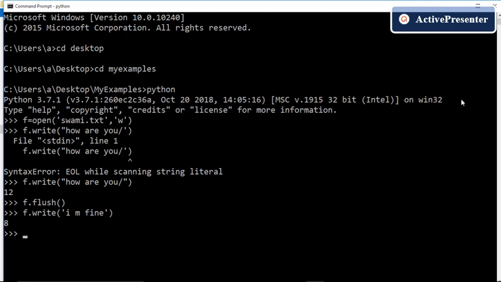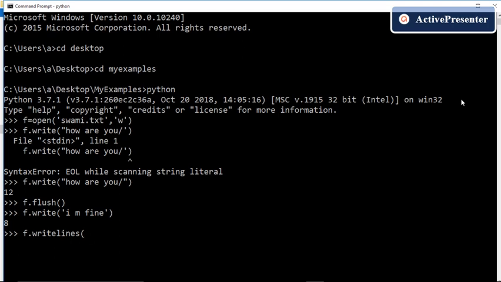Okay. Suppose I want to write multiple lines into the file. Then I will write f dot writelines, and when I write multiple lines, then we have to use multi-line string.